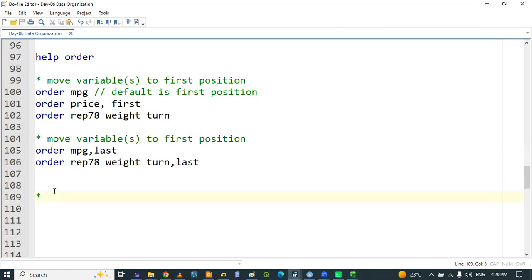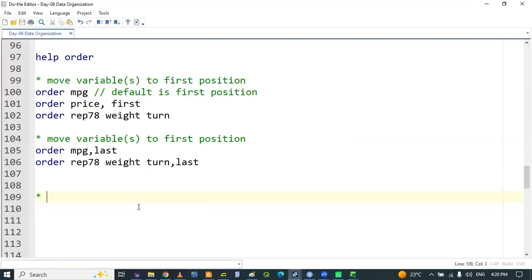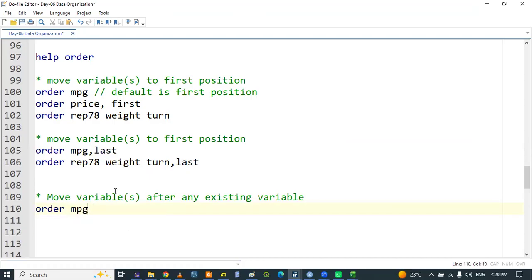And how is that? I have mentioned that case here: move variable after any existing variable. So like here, I can say order MPG to come after